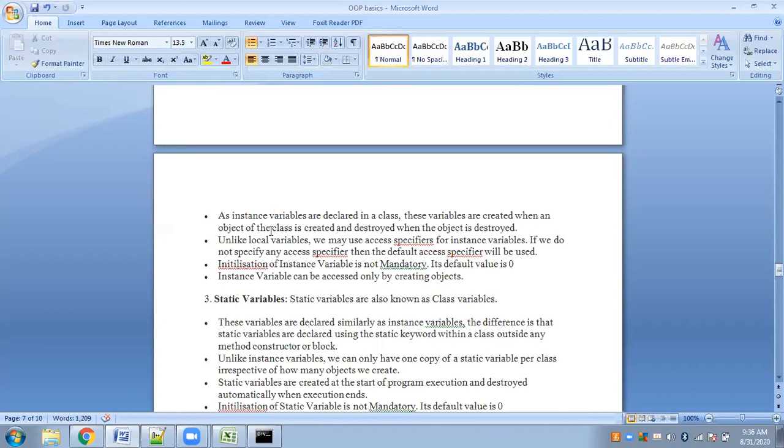Here, static variables have class scope, so they will exist as long as the class exists. All the objects belonging to that class will share this variable. Only one copy will be maintained, and every object belonging to the class will share this copy. You need not understand this in much detail for the time being.